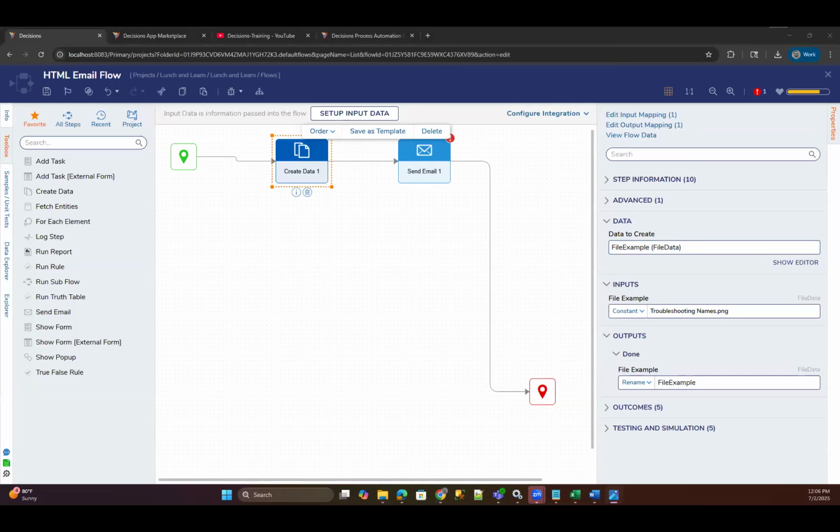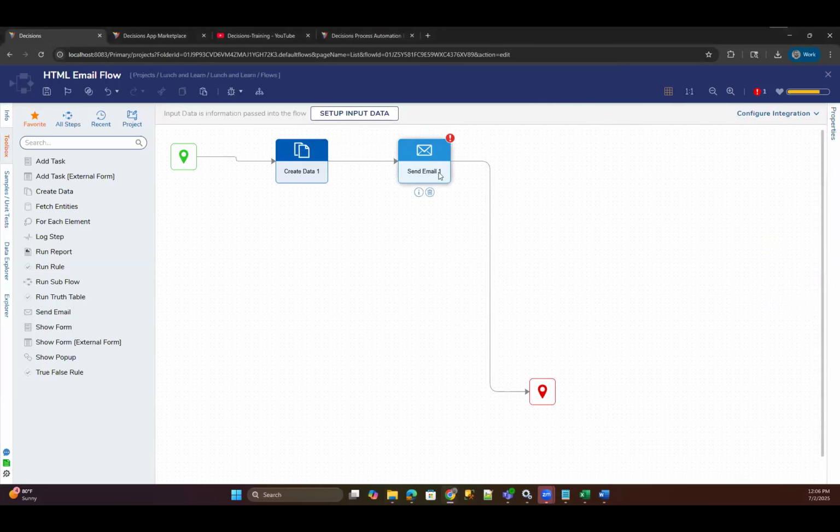Let's see here. Okay, all right. Random image, whatever.